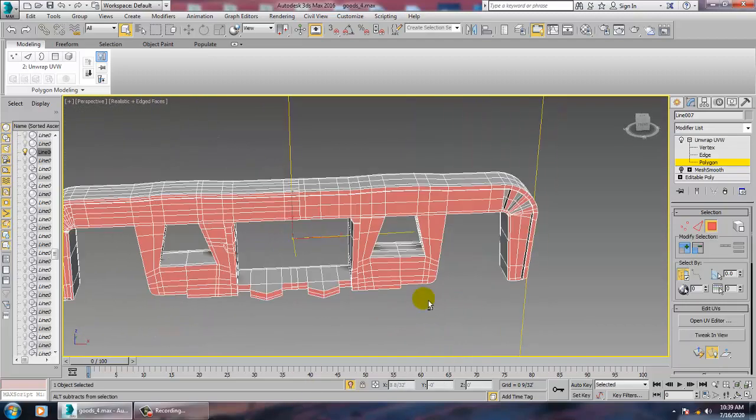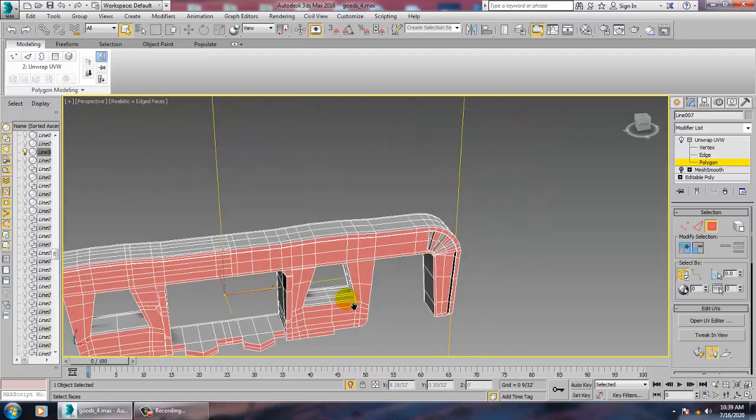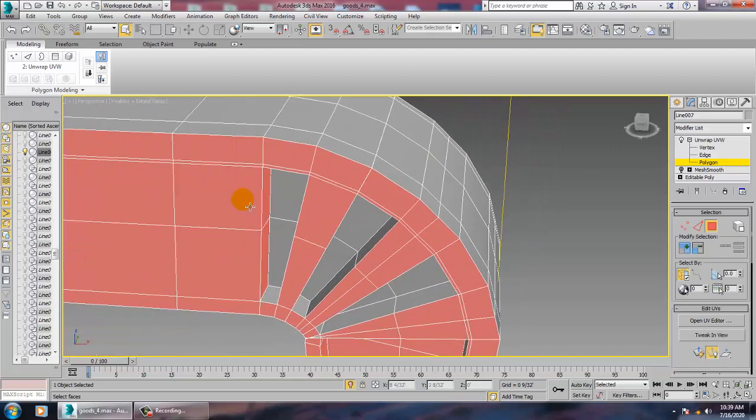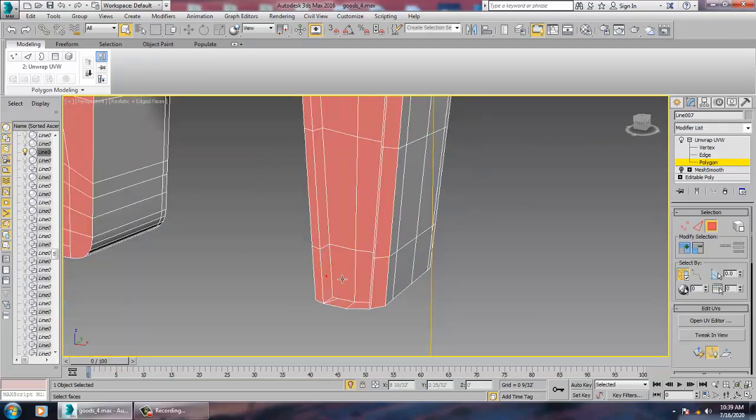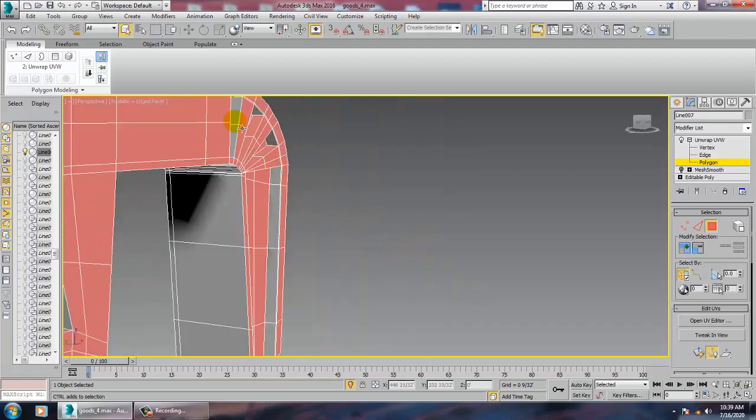It's very important that you only select the elements which are required for the unwrapping. Alright.